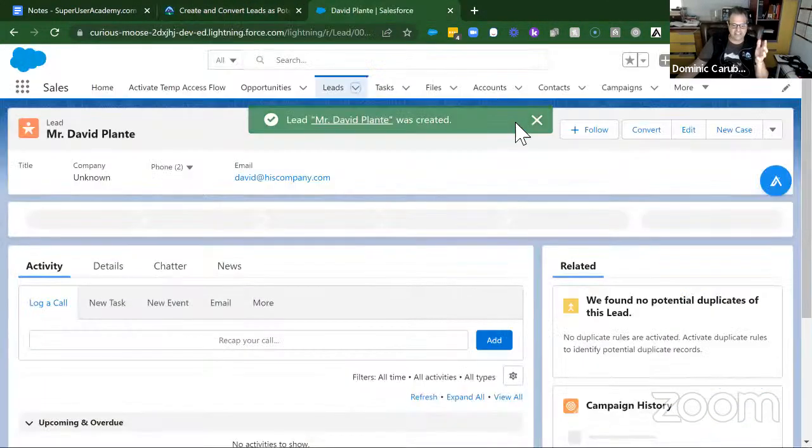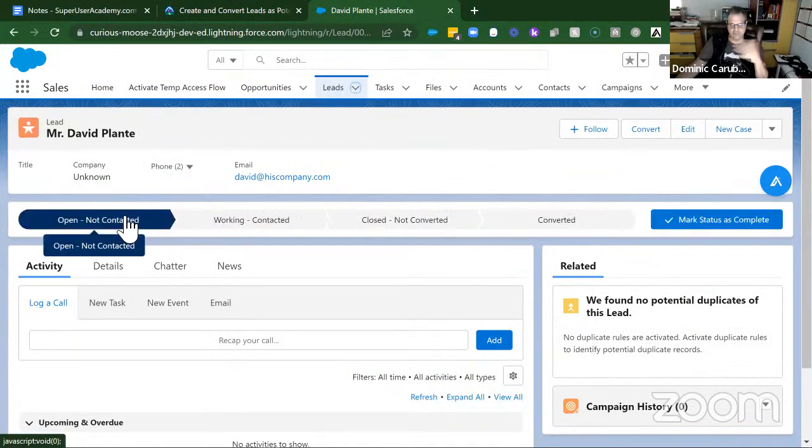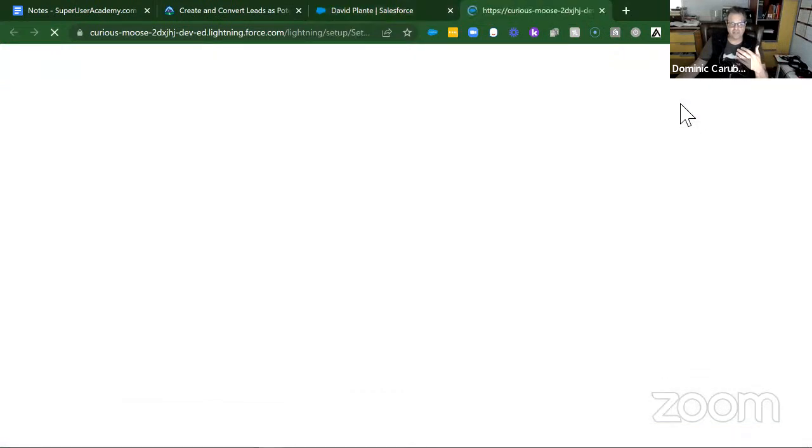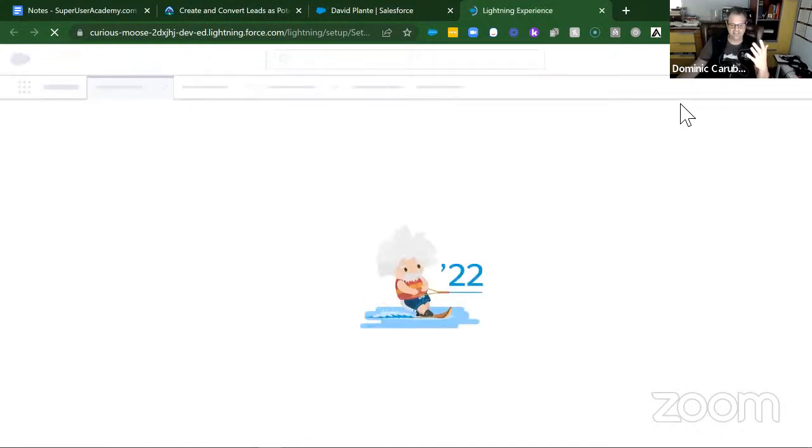All right. So when a lead is going to now fall into a process. Now, I typically like, this is not my org that I usually use. I typically like leads to be separated from new and open, not contacted, working, contacted, closed, not converted, and converted. I think those are fine stages. I don't know that you need anything more than that, depending on your whole status of the way you do things. As a matter of fact, I'm just going to add new to leads